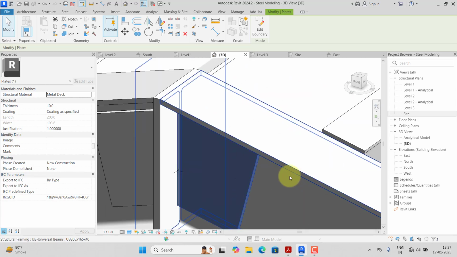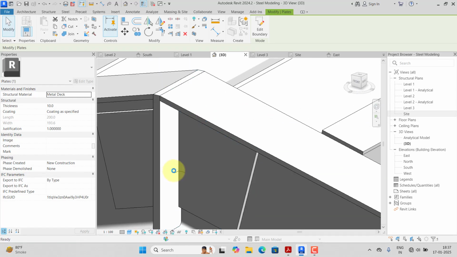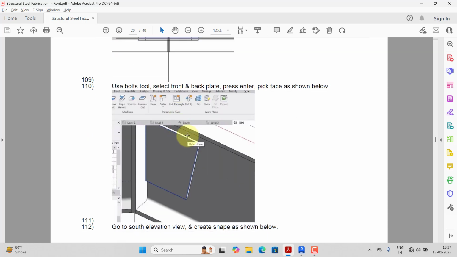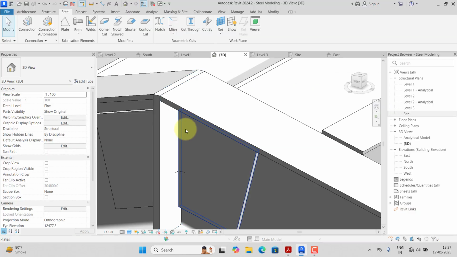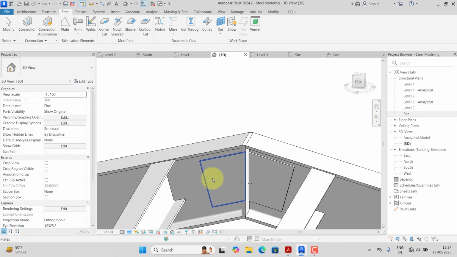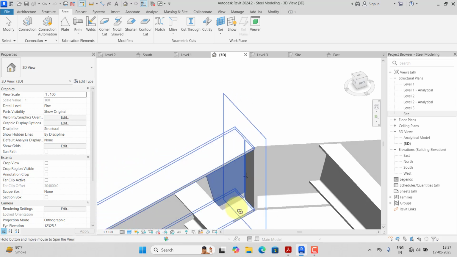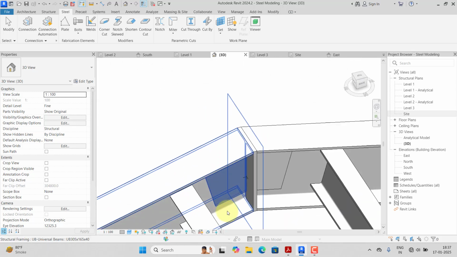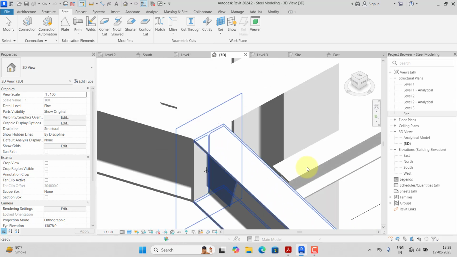Now what we want to do, next step is we want to use the bolt command. So what you have to do, bolt. It is asking from where to where you want to do the bolting. So we want to do the bolting from this plate. Use the shift key and middle mouse button, orbit to the opposite side, use the control key, selecting this opposite side of the face. So I want to create the bolt touching these two faces, and then after press the